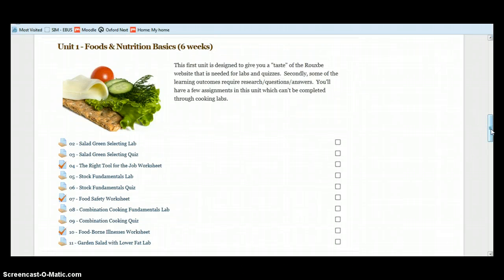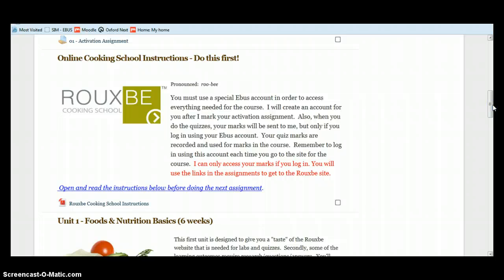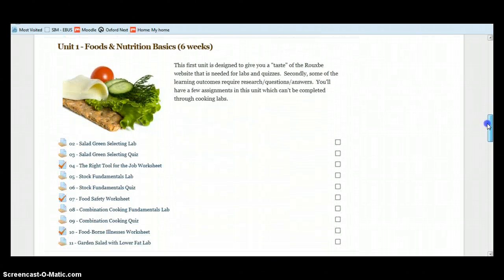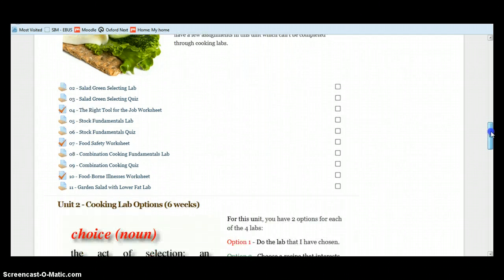The Ruby site as well is a professional cooking school that we are very privileged to have. We do pay for the site, so please take advantage of it while you're in the course. Each unit I give a guideline for how much time it might take. It might take you less, it might take you more, but that's a general idea.